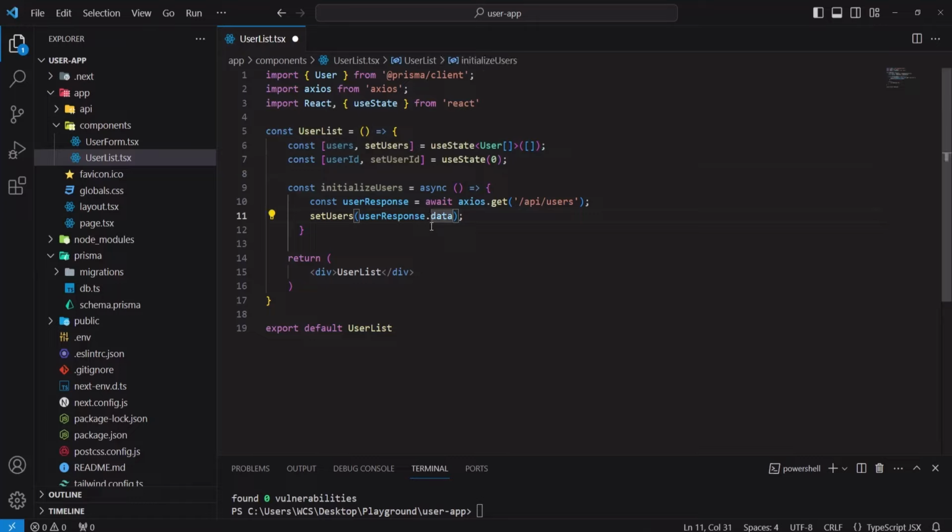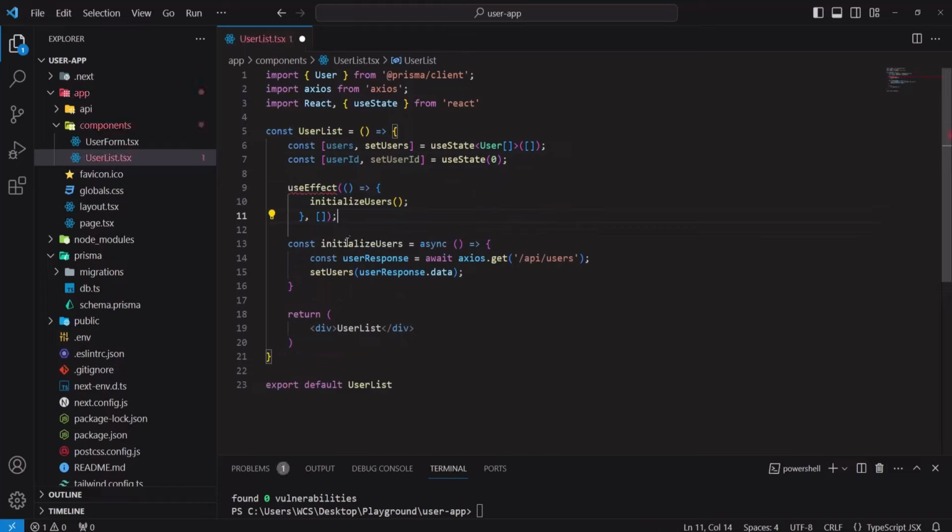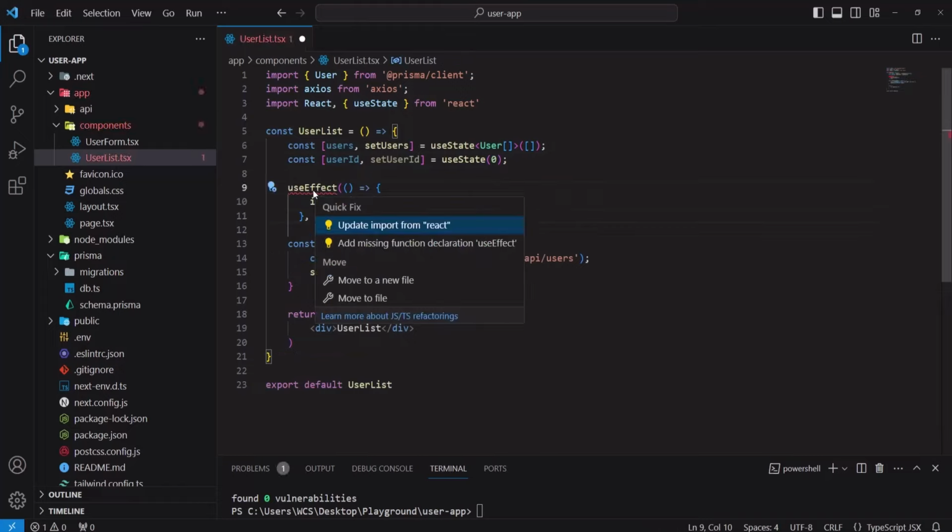If for editing or creating, we will update this user ID. So let's save this. Now let's add a useEffect for initially calling this function. So let's import useEffect,